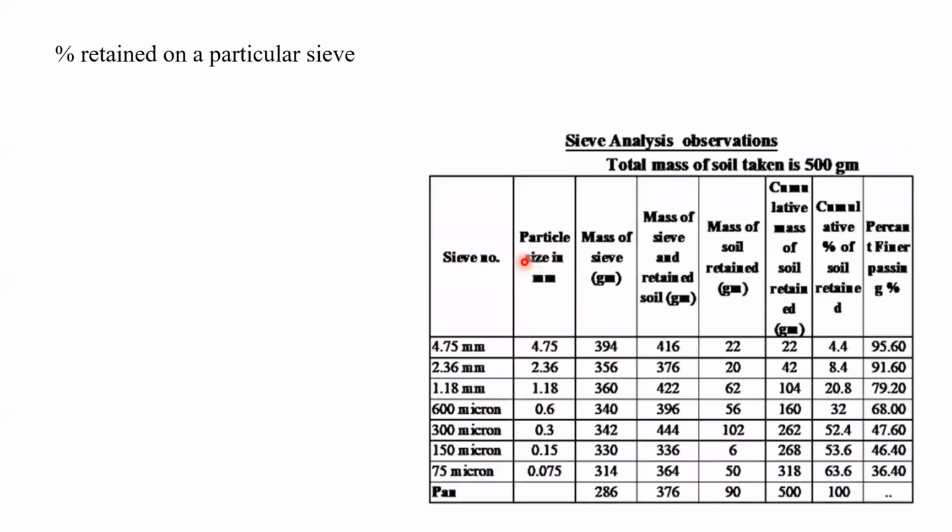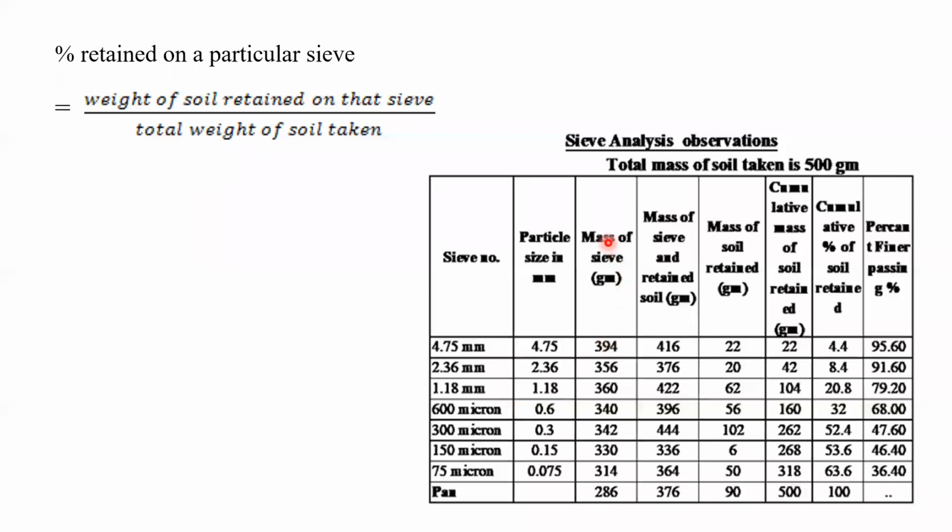We can understand this table. That is very important, so we have to prepare tables this way. In the first column, we can write the size of the sieves, and the particle size we can write like this: 4.75 mm. The numerical value we need for drawing the graphs. Then, as I told you, in the beginning we have to take the mass of each sieve separately, and once the sieves are shaken along with the soil, then we shall take the final weight.